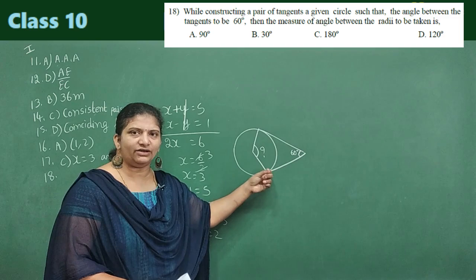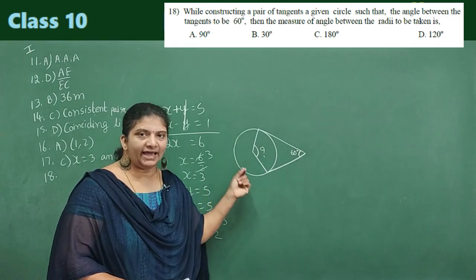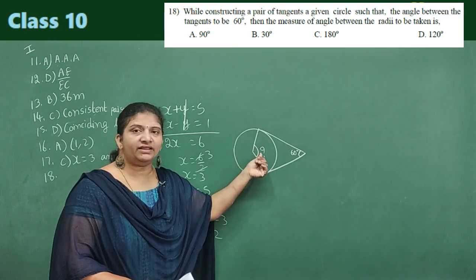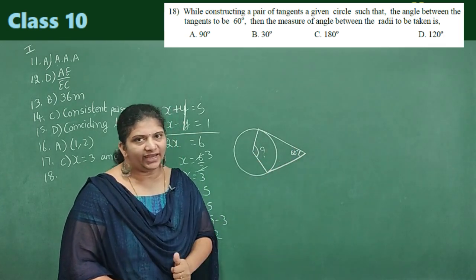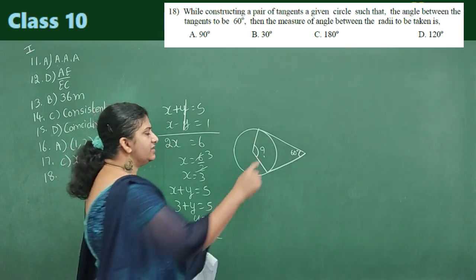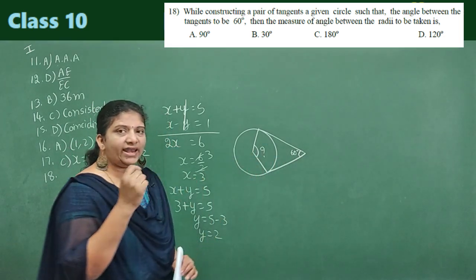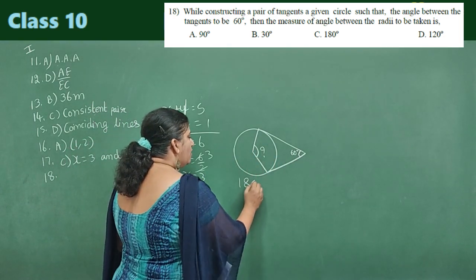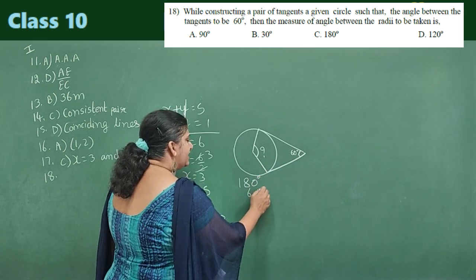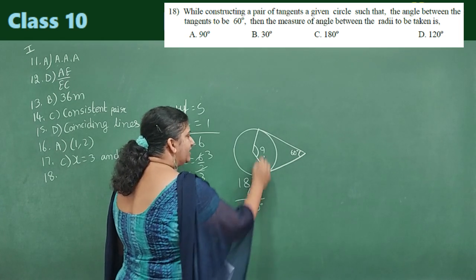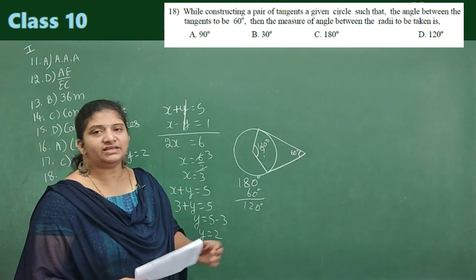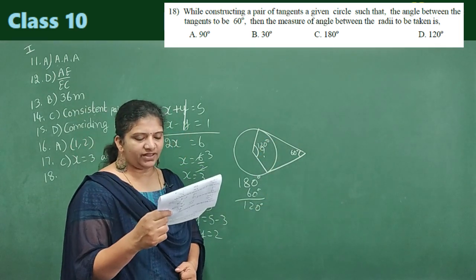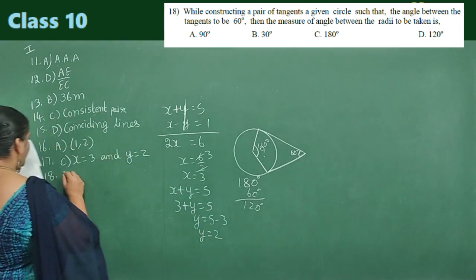90, 90, 180. Then we know that the angle between the radius and tangents angle sum will be 180 degrees. That means we have 60 here. 180 minus 60 degrees, it will be 120 degrees. Therefore, the measure of the angle between the radii is 120 degrees. Check for the answer. Option D,